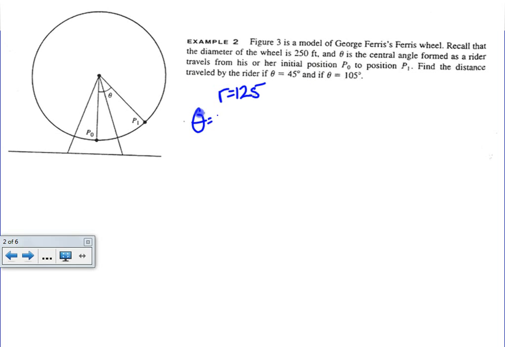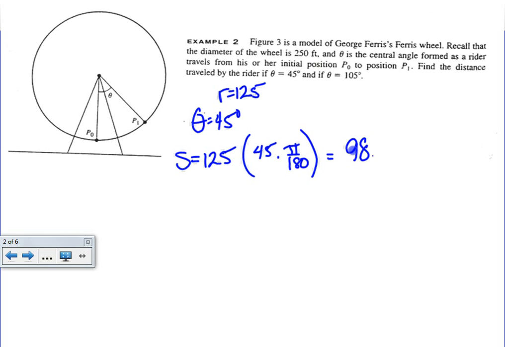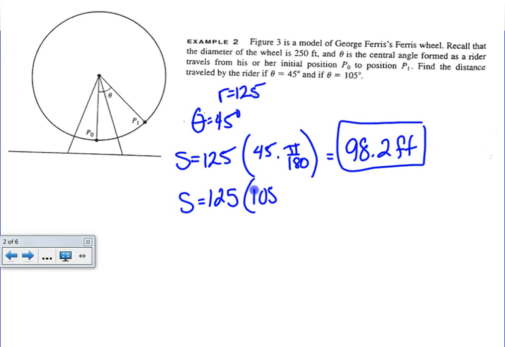And the first one, if theta is 45 degrees, remember when you use the arc length formula, it's radius times your central angle in radians. So you would have to convert 45 degrees to radians by multiplying it by pi over 180. Now I would accept an answer that's not decimals, one where you leave it in terms of pi, but for the problem itself, it really makes more sense to write your answer as decimals. So 98.2 feet is when the rider went 45 degrees,